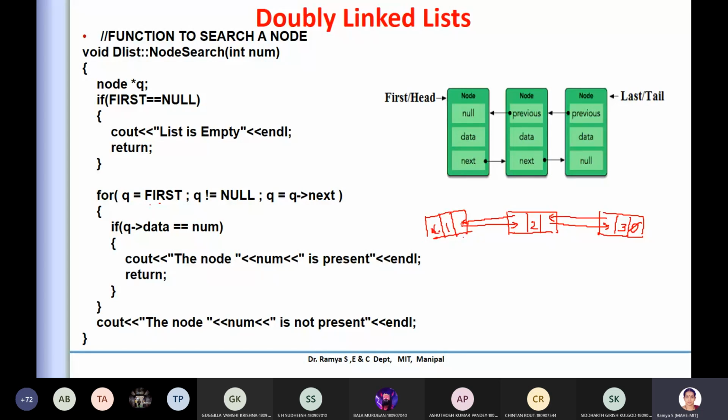So it is the initial part, but always head is here, the first. First is storing the header, as when we see the concept of a singly linked list, it is a head. Head should always store the starting point, the address of this. So again, I'll take an example with some values.